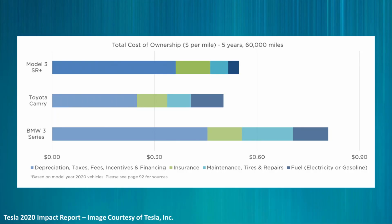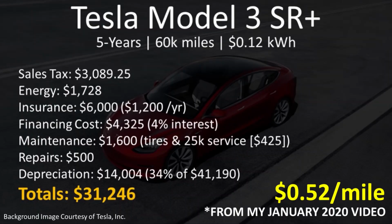Interestingly enough, in January of 2020, I published a video comparing the 5 and 10-year true ownership costs for the Toyota Camry versus the Model 3 Standard Range Plus. The numbers that I came up with in my calculations are actually quite similar to the numbers that Tesla quoted in their comparison. Here's a screenshot with my calculations for the true 5-year or 60,000 mile ownership cost for the 2020